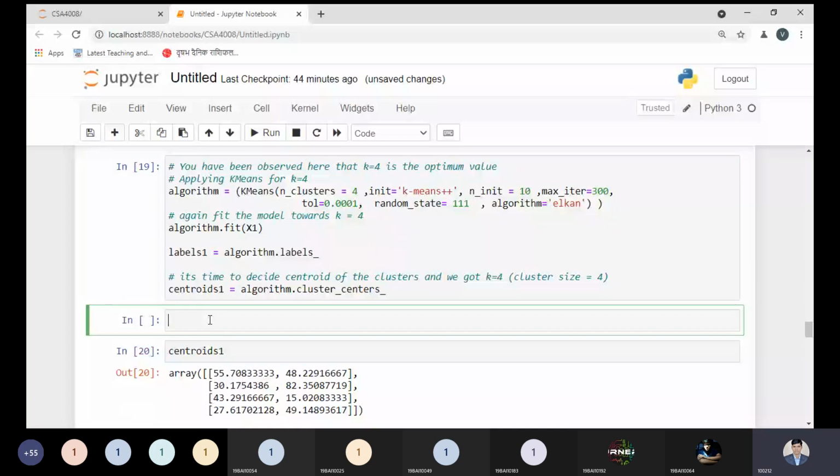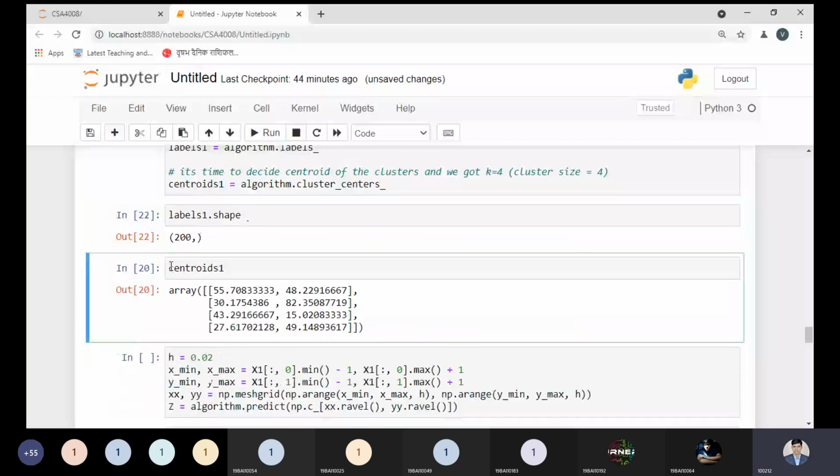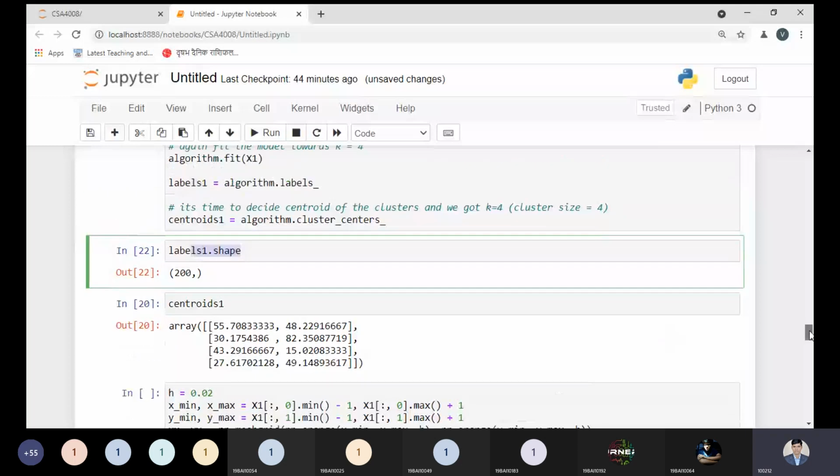Labels. What is to be handled by the labels? Label is just displaying our information over here. Then you will be able to see over here. And what is the size of the label? Just let me show my proof. It should be 200 because the total number of data we have is 200. So we are getting a 200. Okay. So label is the required part to connect with each and every data point.